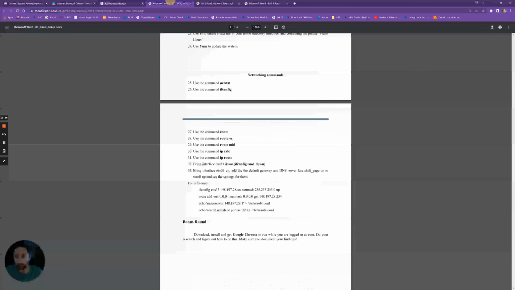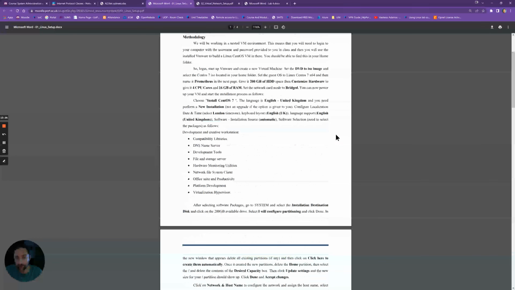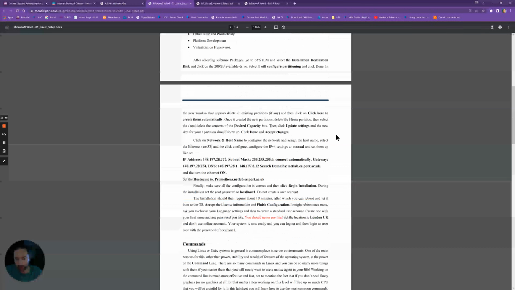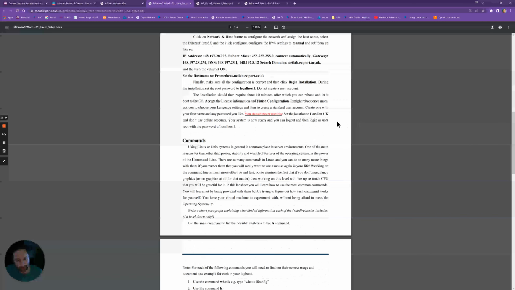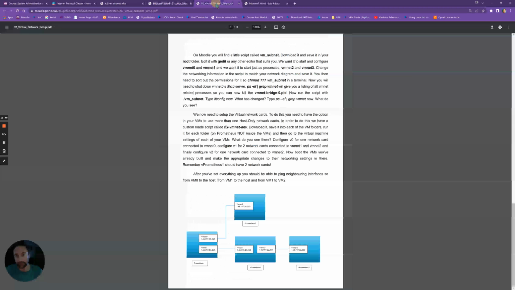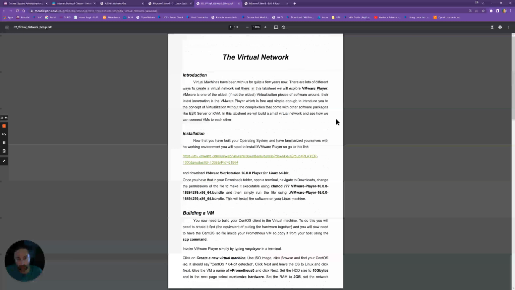Okay, so basic Linux installation, operating system installation, configuration, locations of files, for example where everything is, and all of the commands that you need to know out of this lab sheet. Basically, they are the most basic commands that you need in order to control the operating system and be able to manage it efficiently. Second lab sheet, VMware, virtual network, virtual machines,